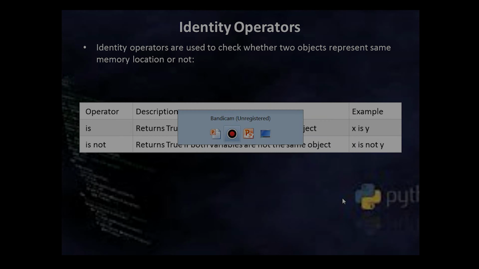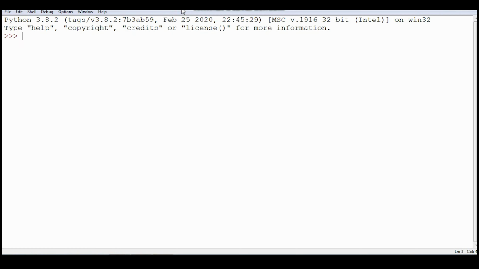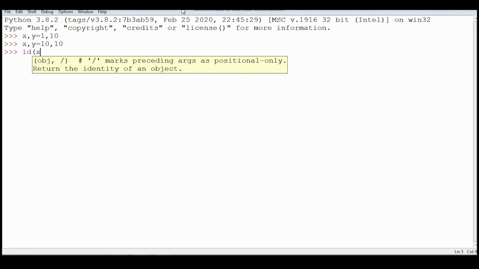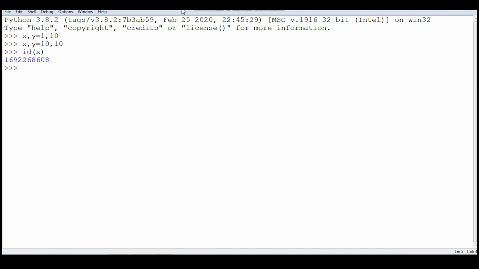Let's see a small illustration. See, I am writing x comma y equal to 10 comma 10. In the previous lectures of memory allocation, I have told you when two variables have same value, their address is same. You can print their address, id x and id y. You can see the address of both the variables is same because their value is same. Now, if I try to print x is y, the result comes out to be true because they are representing